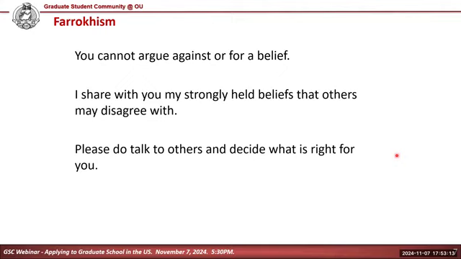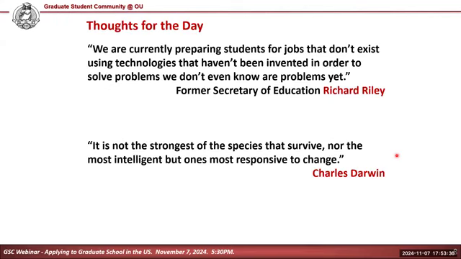The beauty of this is that there are many options, and so you need to talk to other people, find out what their opinions are, and then say, I do what is right for me. So I'm going to share with you and be very blunt and open when asked a question, saying, this is what I believe. That does not mean it's politically correct or appropriate for all situations.